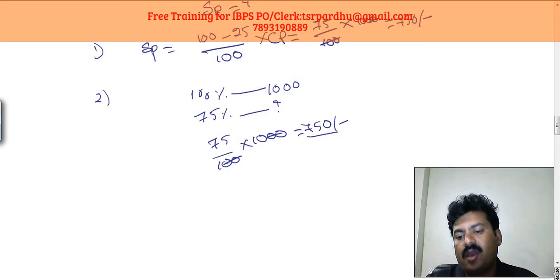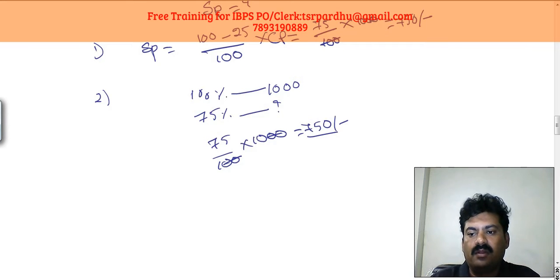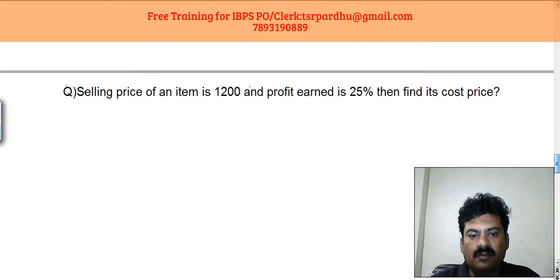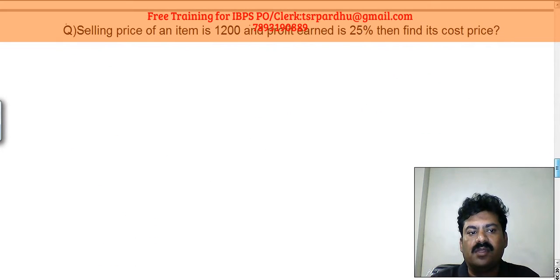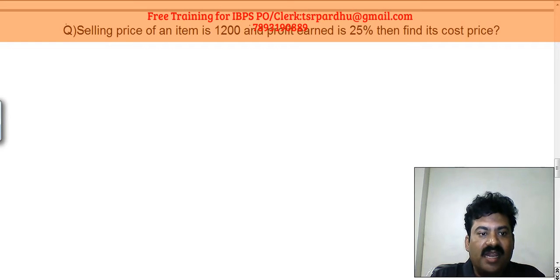Now we'll see one more situation wherein selling price has been given to you, gain percentage has been given to you. We need to find out cost price. In the next example, we are trying to find that type of situation. Please look into this example. In this example, the selling price of an item is given as 1200 and profit earned is 25%, then find its cost price. Now the selling price given is 1200